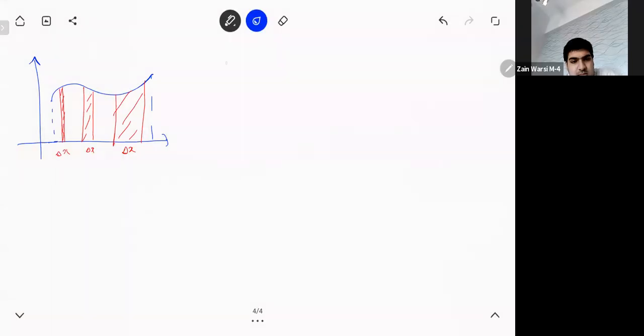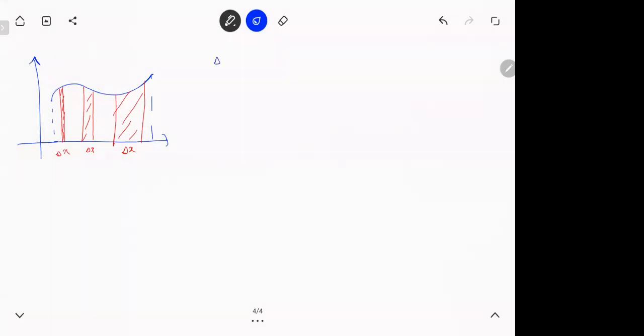So this is the idea we have. You've got a curve. Now see, if you take a very small thin slice, or if you take a little bigger one, or a little bigger one, can you see something there? Which one has more error? The last one, the right one has more error.